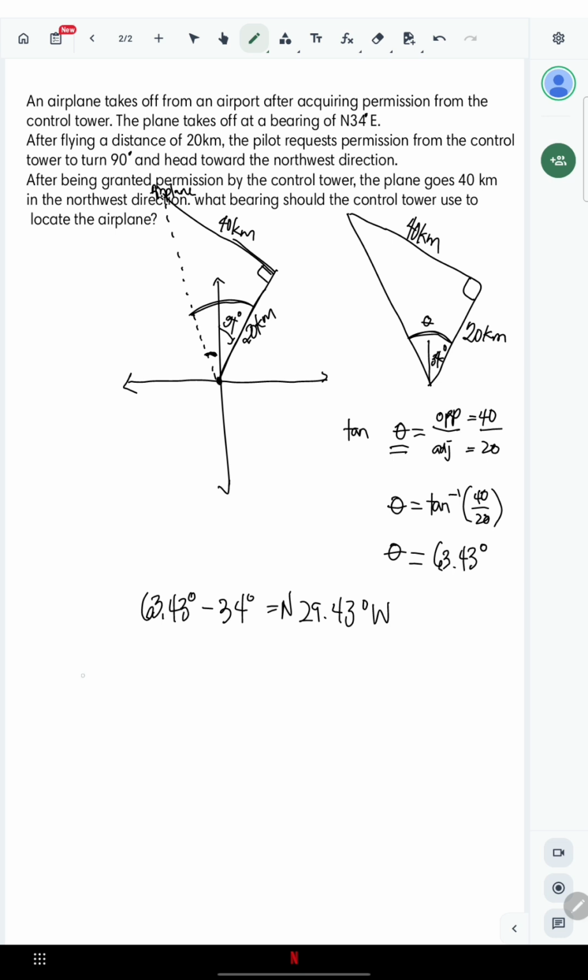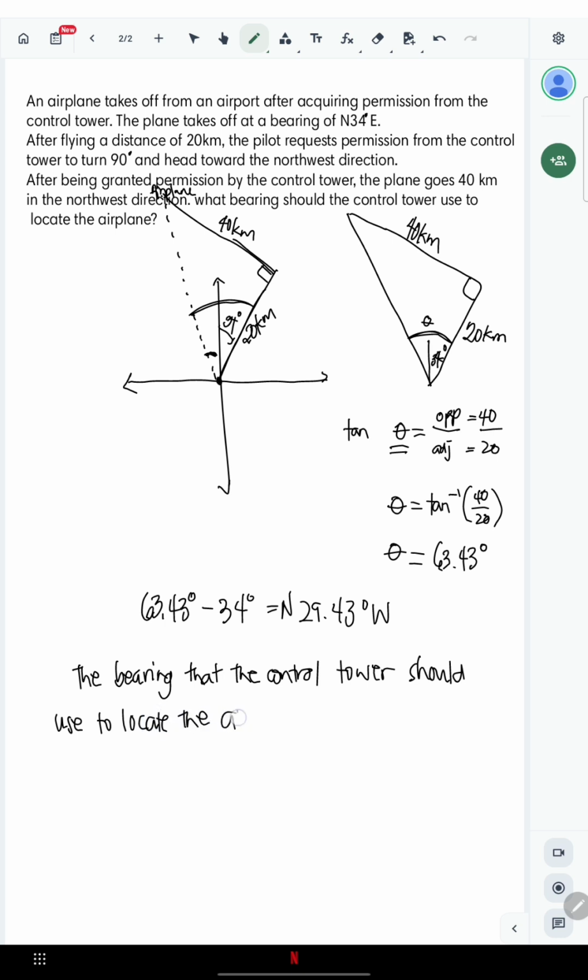So, the bearing that the control tower should use to locate the airplane is 29.43 degrees